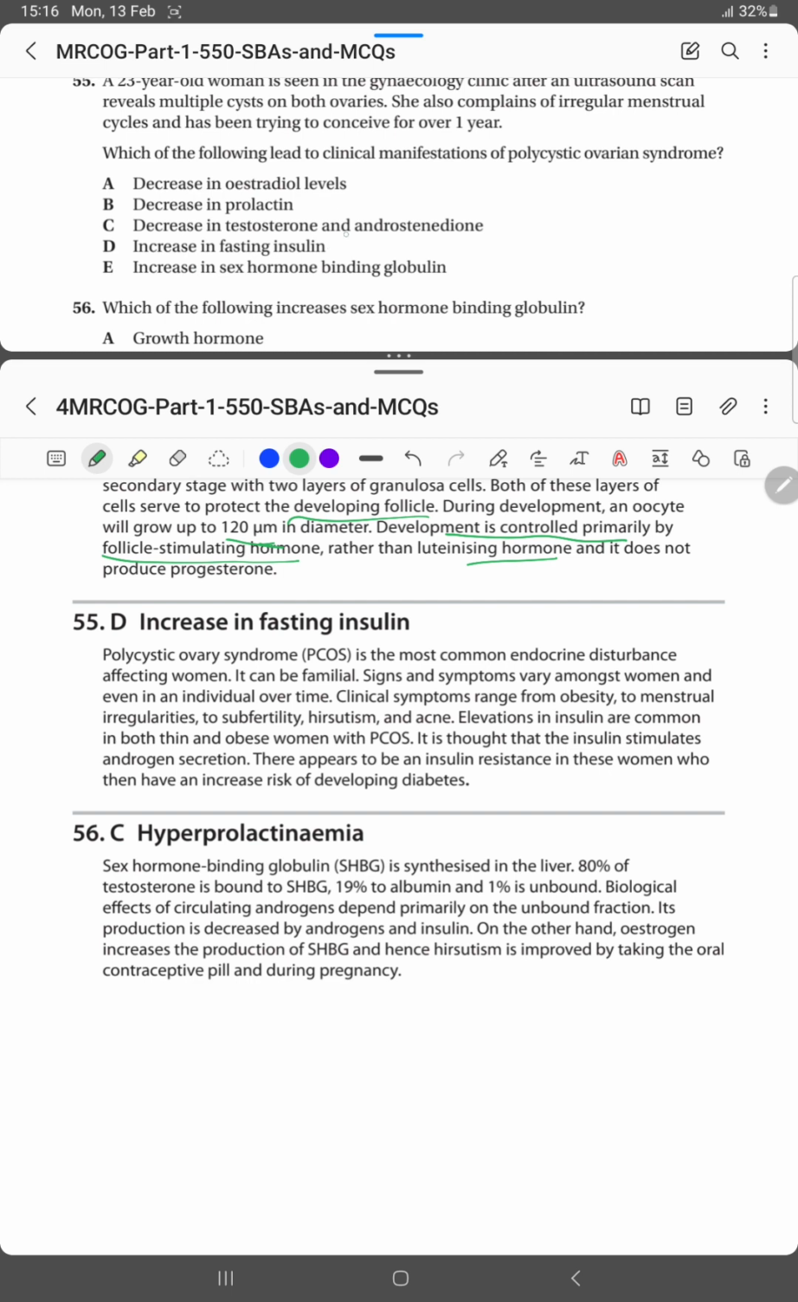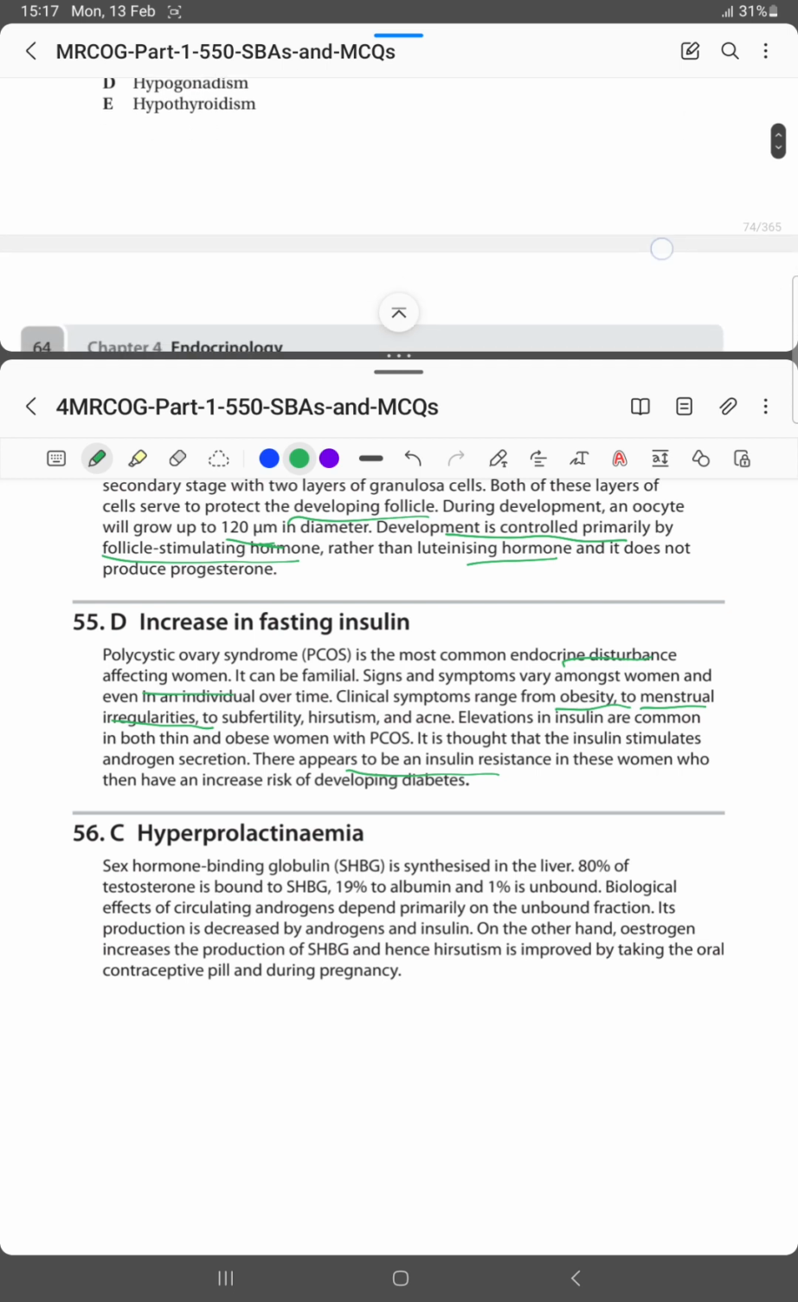The increase in the fasting insulin is the option, because polycystic ovarian syndrome is the most common endocrine disturbance affecting women, and it can be familial. Signs and symptoms vary amongst women, and even in the individual over time. The clinical symptoms range from obesity to menstrual irregularities and infertility, hirsutism, and acne, and elevation in the insulin, and they are common in both thin and obese patients with PCOS, and it is thought that the insulin stimulates androgen secretion,